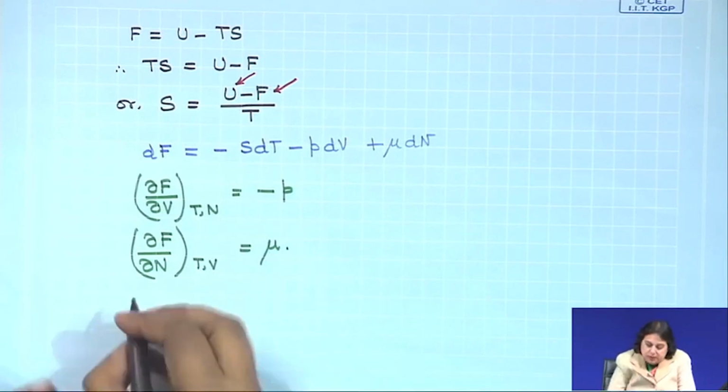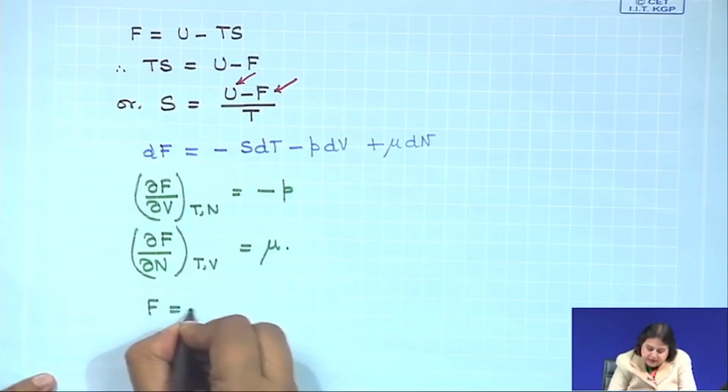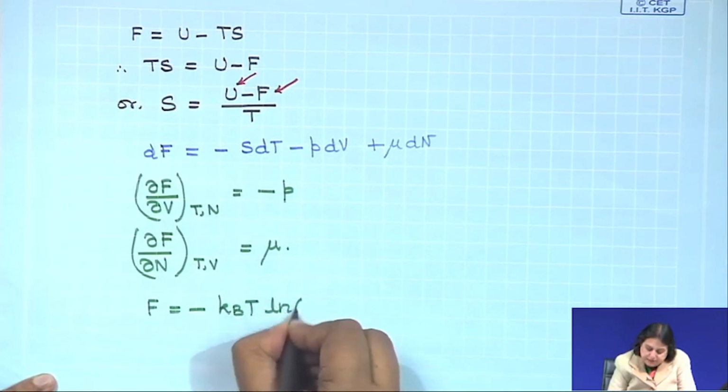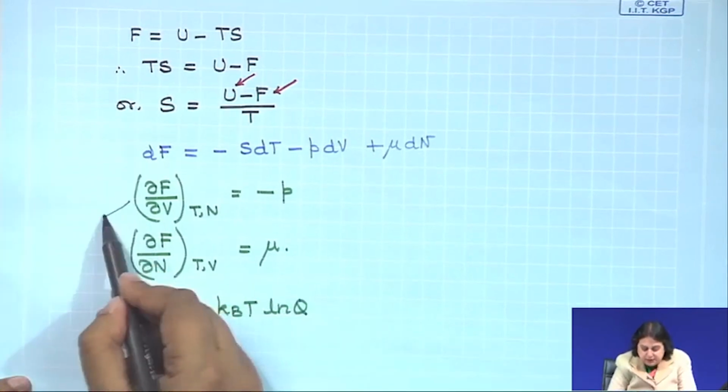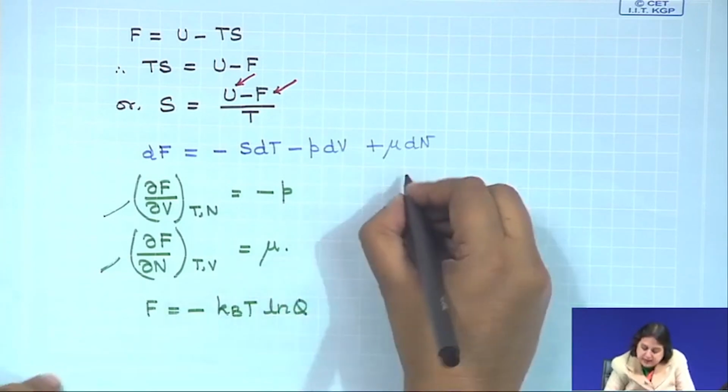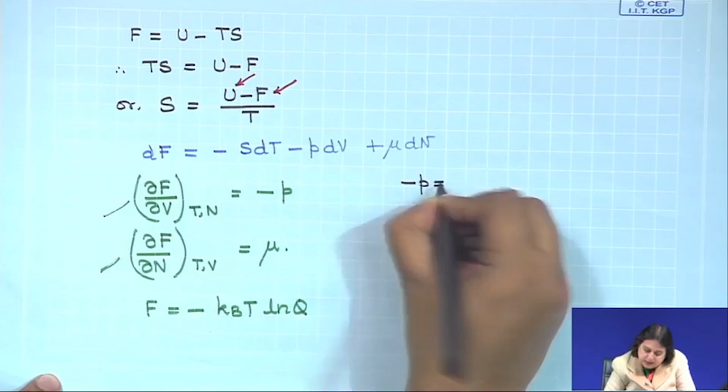If I now exploit the fact that F is equal to minus kBT ln Q, I note that in both cases I am keeping temperature constant. Therefore, I should be able to write that minus P is equal to